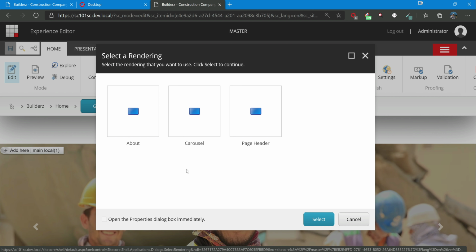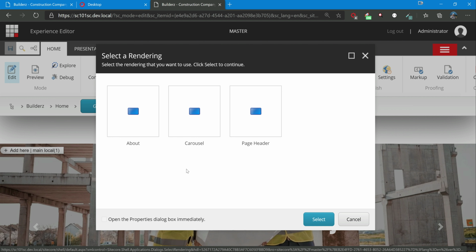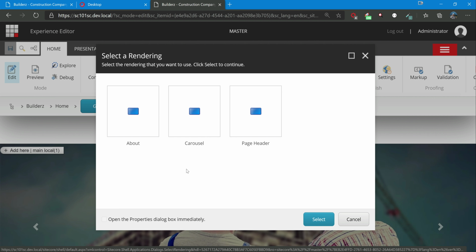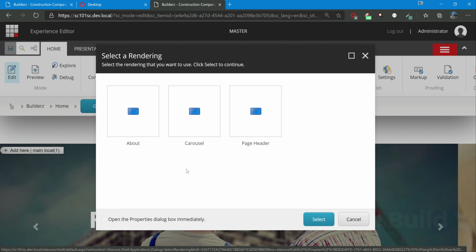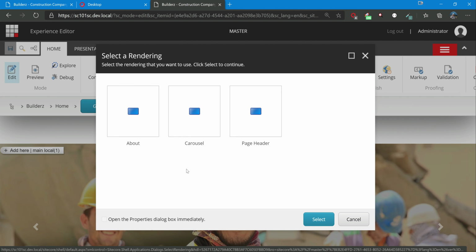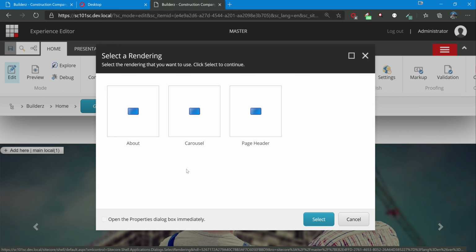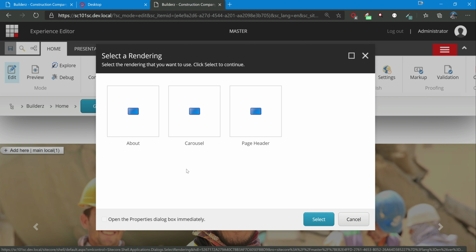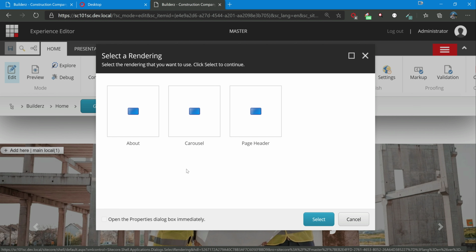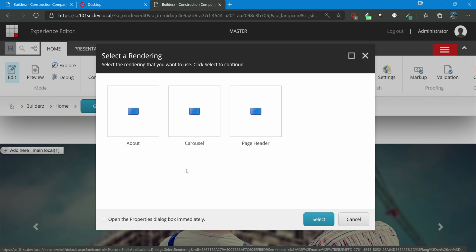So we need to configure it properly, like which placeholder can have which components. Suppose, just as an example, your layout is split into left and right, and maybe the widths are different, or based on size. There are only some components which will fit well in the right column, and there are some components which will fit well in the left column. In that case, we would create placeholders based on that, and we will allow the placeholder components which suit those columns. Those are the typical use cases.